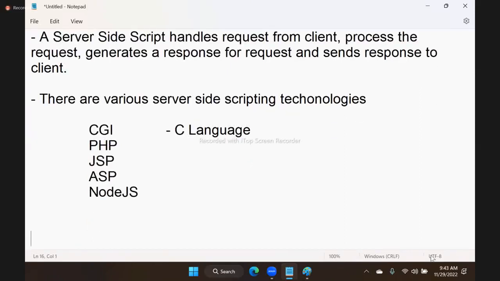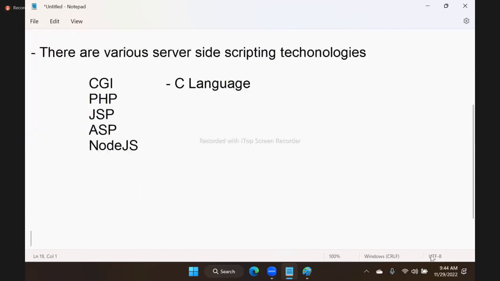Many people have a different idea. Generally, sometimes people think that Node.js is a server. Node.js is not a server. Node.js can create a server, right? Node.js is a server-side technology, a server-side scripting technology. But very important here you should know is we are going to see Node.js as a server-side scripting technology